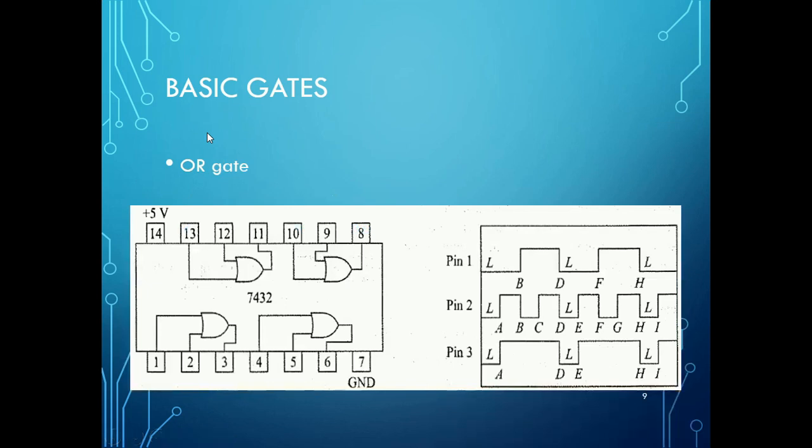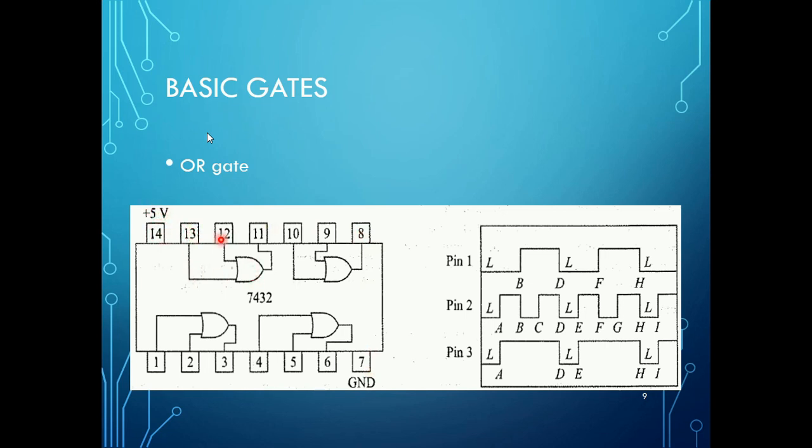Let us take the next IC diagram of OR gate. So here again, this is a two input OR gate. What are these? This is 1 and 2. These are the inputs. Third pin you are getting its output voltage. Again 4 and 5 you are giving the input voltage. Sixth pin you are getting the output voltage. But seventh pin you are giving it to ground, and 14th pin also you are providing it to VCC.